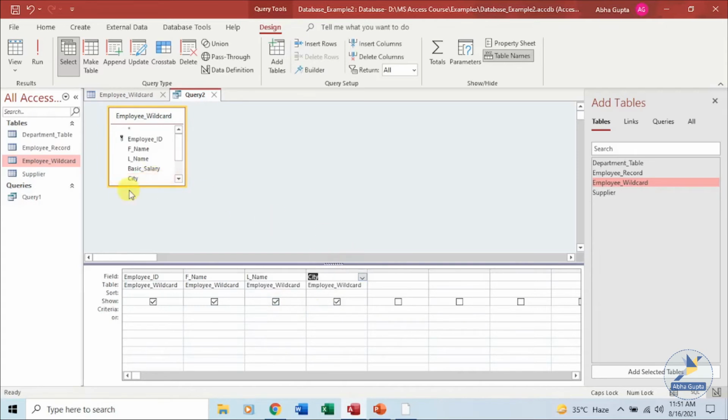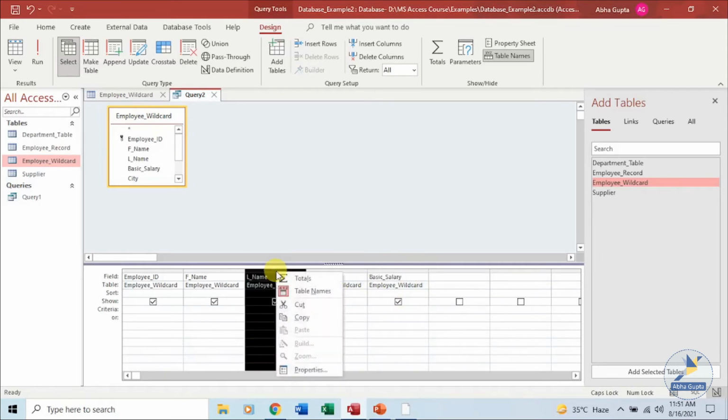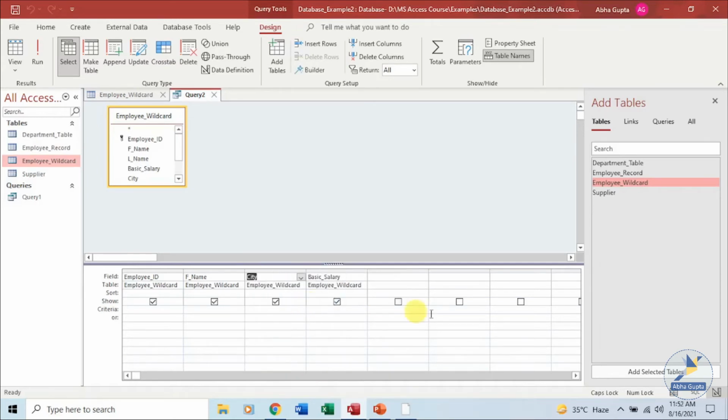Anytime you want to remove any field, you can place your mouse pointer over it, select it, and press the delete key, use the cut option, or open the properties of that particular field.